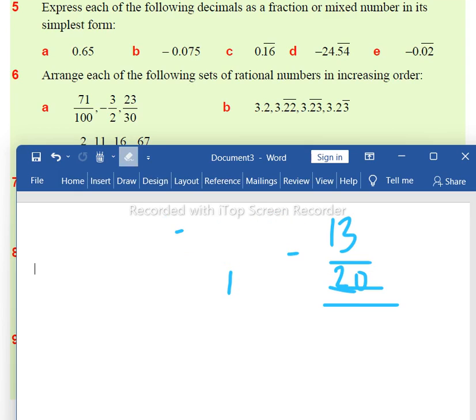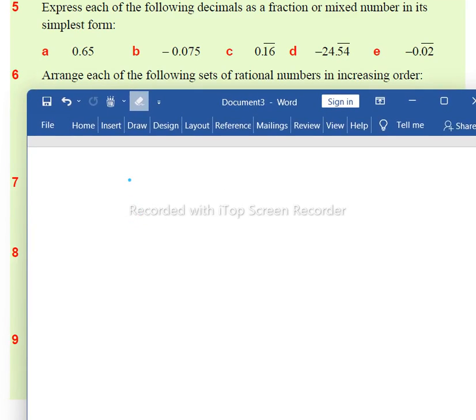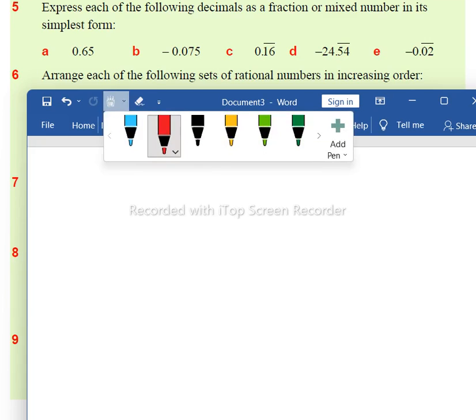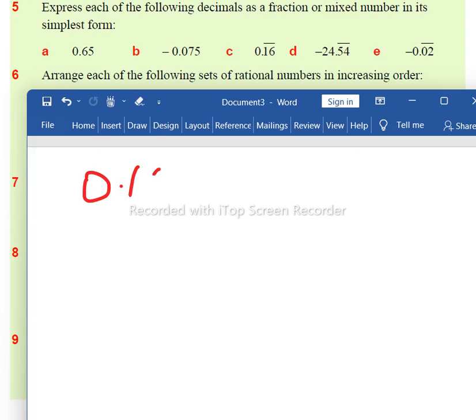C says that we first have to change to a fraction. This is a non-terminating decimal, so we have to change it using the method we saw for changing a non-terminating decimal to a fraction. We saw this previously in the first example exercise. Let us show you a given number. Let us write the number 0.60 with 60 repeated. Let us say that D is equal to